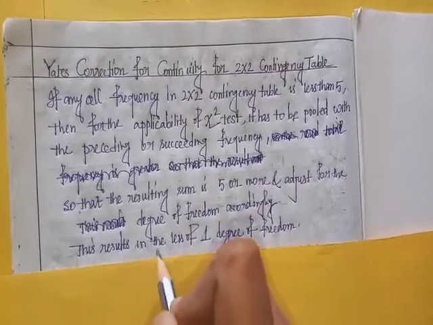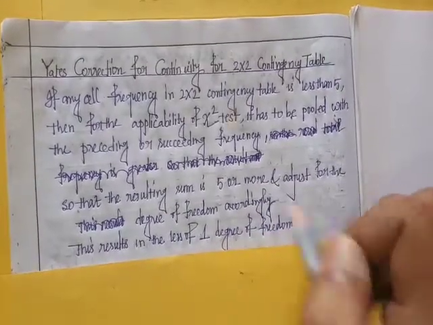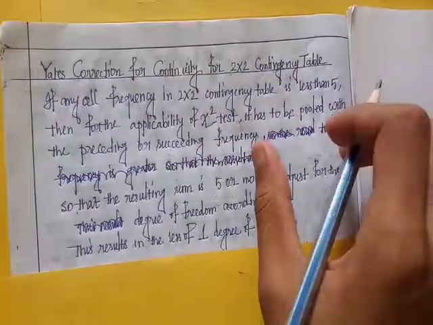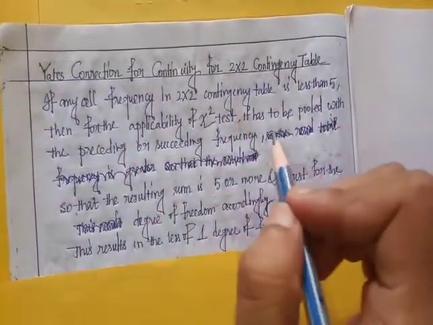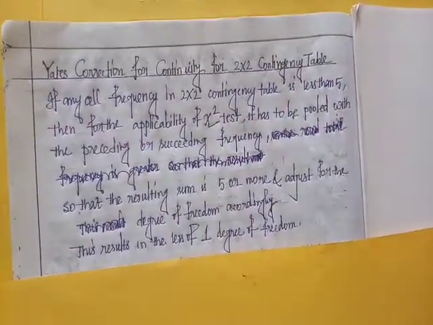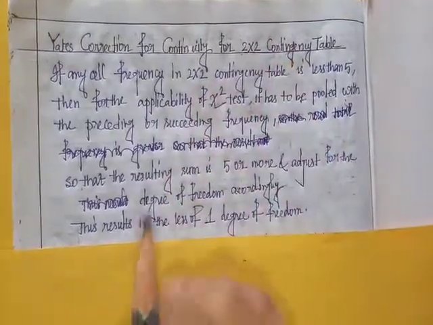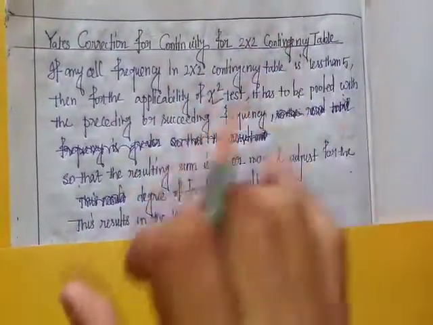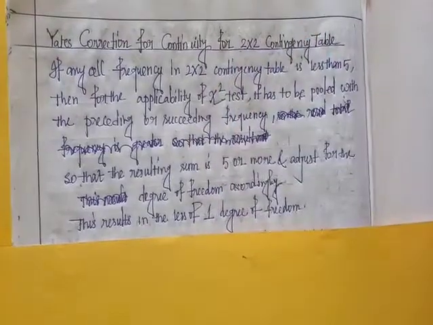This results in the loss of 1 degree of freedom. We already discussed this method, the pooling method. If any cell frequency is less than 5, we apply the pooling method. But for a 2 cross 2 contingency table,